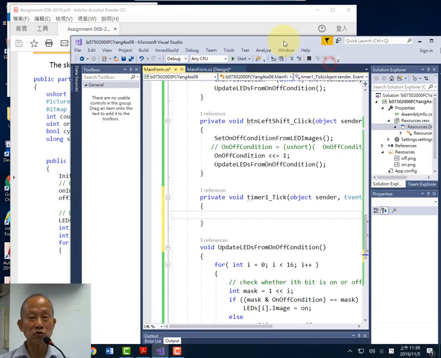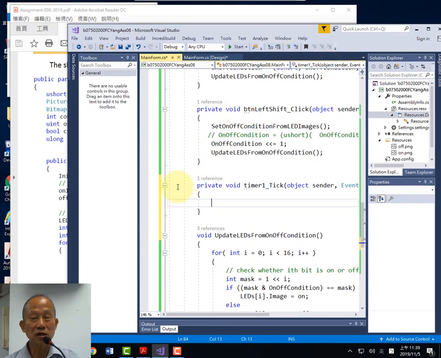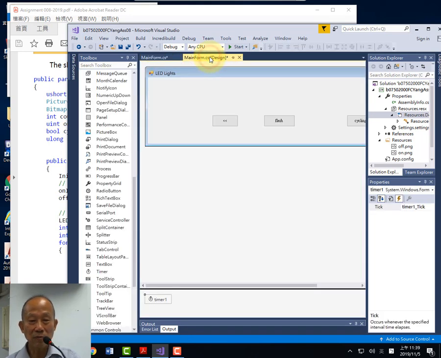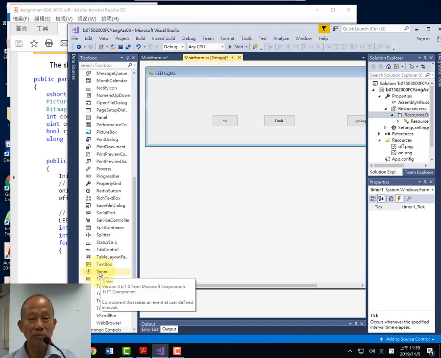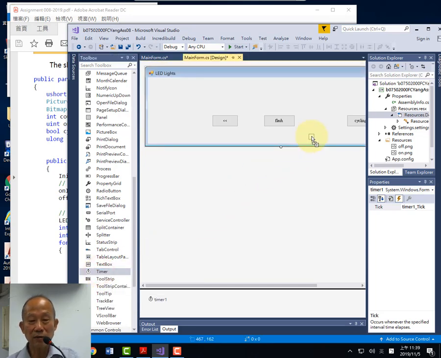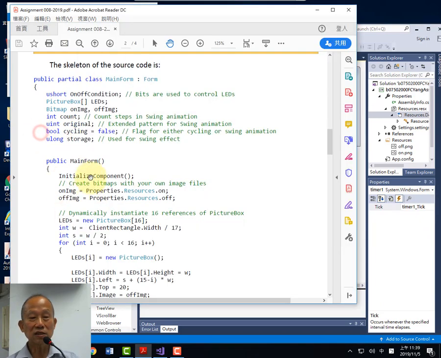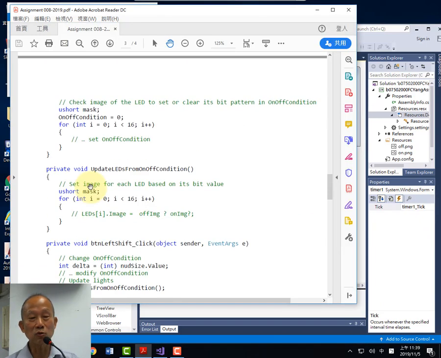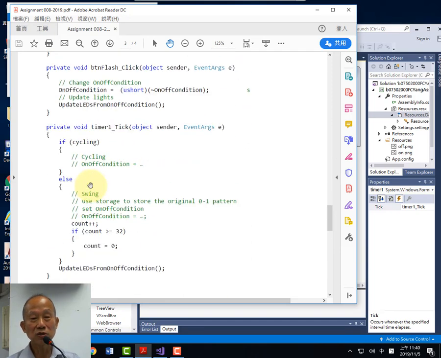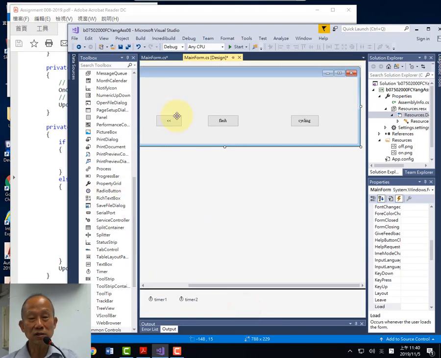Otherwise, we may just drag another timer for the swing. Okay, all right. So in this lab, I might just drag another timer to make the code simple. So drag another timer in. Timer 2 is for swimming anyway. Timer 1 is dedicated to the cycling. 老师这个程式写的就是一个 timer 而已，让两种模式应用共用，所以你必须用一个 flag 来 distinguish which mode is activated。